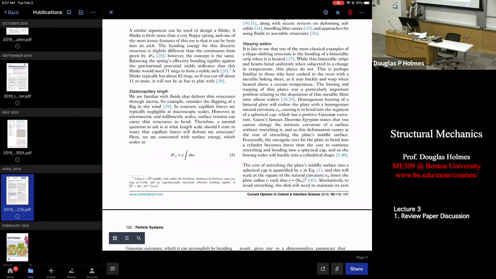And with what we learned yesterday, you can do a ton of intuitive structural mechanics work just by knowing these two things. So what we did last class is we compared bending energy to stretching energy, and we said as objects get thinner, it becomes incredibly easy to bend them and incredibly hard to stretch them. So for thin structures, stretching is really, really hard. What Gauss did